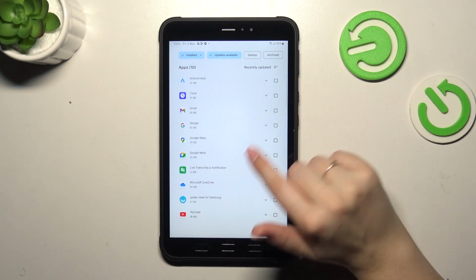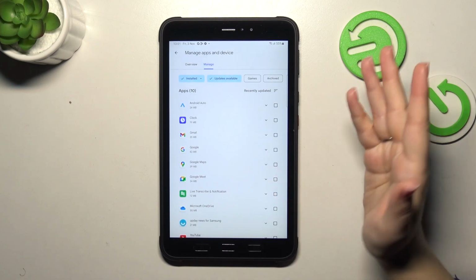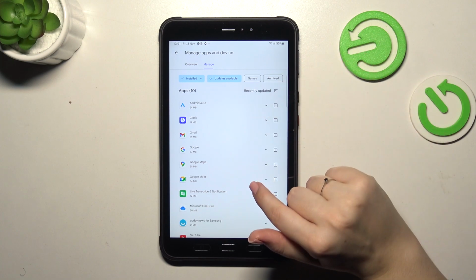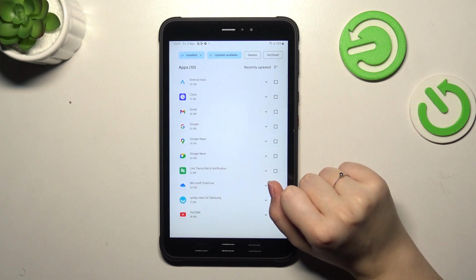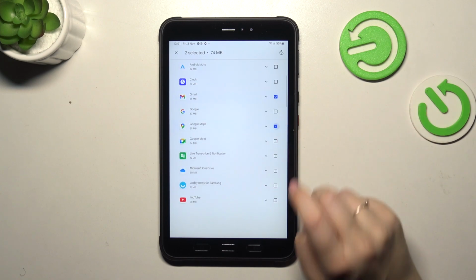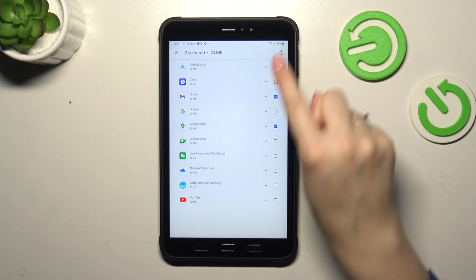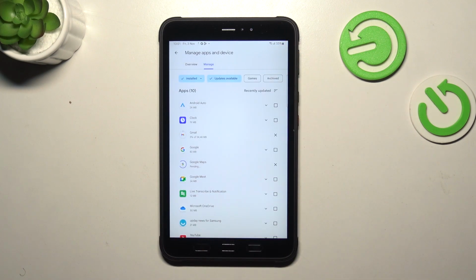And as you can see, here we've got some apps which we can update, and basically if you want to, you can mark all of those apps and download them at the same moment. However, you can also mark like 1 or 2 different apps. And after that, simply tap on this update icon in the right upper corner,